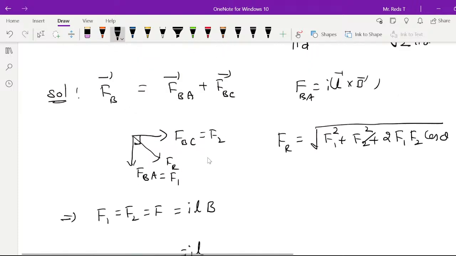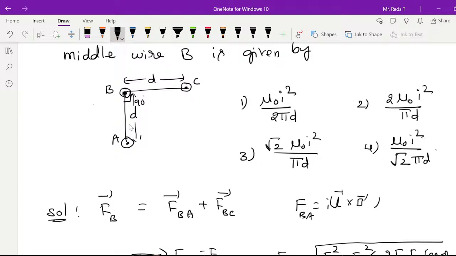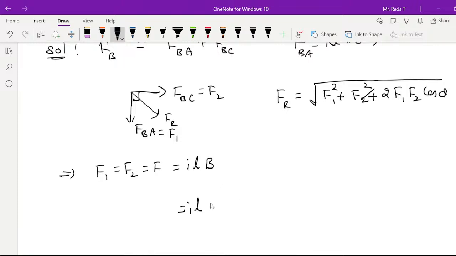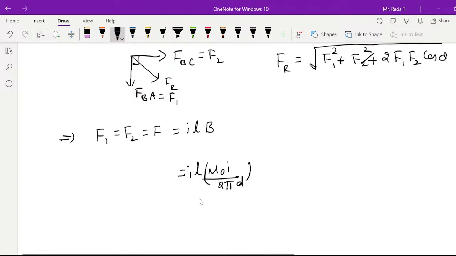B is nothing but field due to either A or B here. Due to infinite conductors, so the perpendicular distance is nothing but mu naught I by 2 pi d. Mu naught I by 2 pi d is B. So this is your F. You can substitute this at the end, and here the angle between F1 and F2 is 90 degrees. Substitute this here, then Fr is equal to square root of, as F1 equal to F2 equal to F, you can write this as F square